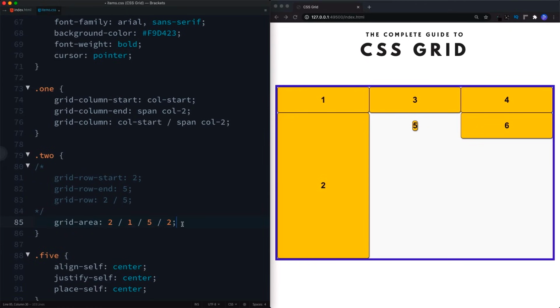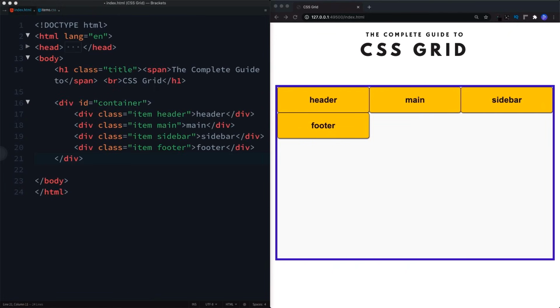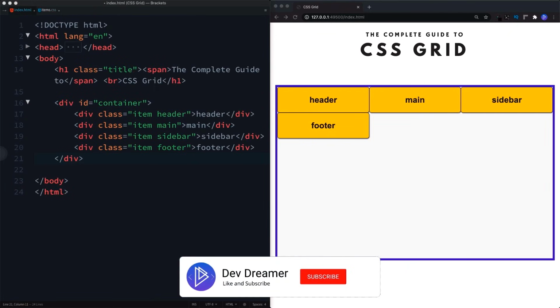And now the second way that grid area can be used is something that we've looked at already. Remember guys, grid area works hand in hand with the grid container property called grid template areas. So we have looked at this one already, but just for completeness, let's go ahead and show it to you again. So first thing, let's go to our HTML and change these item names. Okay, so now we have our 4 divs: header, main, sidebar, and footer.